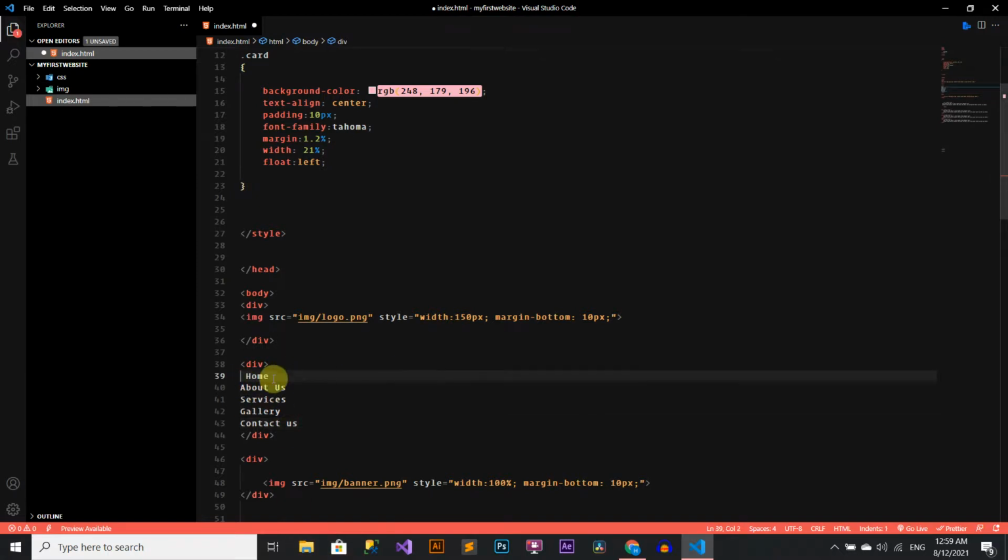So for the link we use a tag. A means anchor. Before home just open the a tag, then space and write href equal to index.html. Code close, tag close, and now we will end a after home.